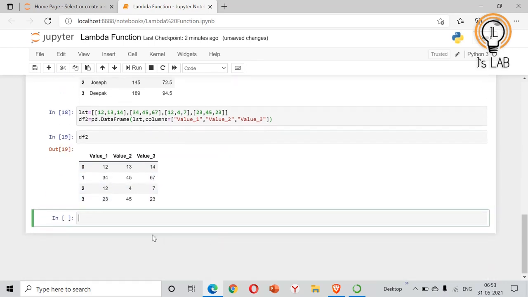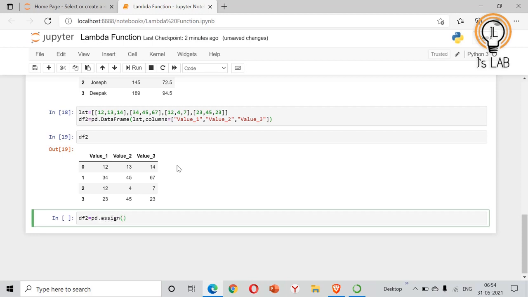So what we require is, for example, we need to multiply row wise. That means you need to multiply 12, 13 and 14, and you should print the product in the 4th column. So that is our requirement. For that, we will use the lambda function. For that, we will modify the df2 equal to pd.assign.